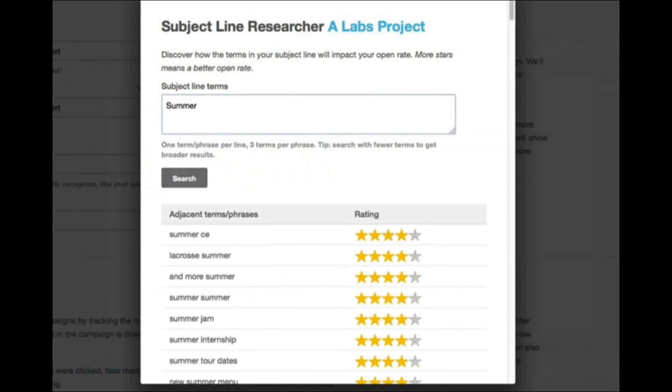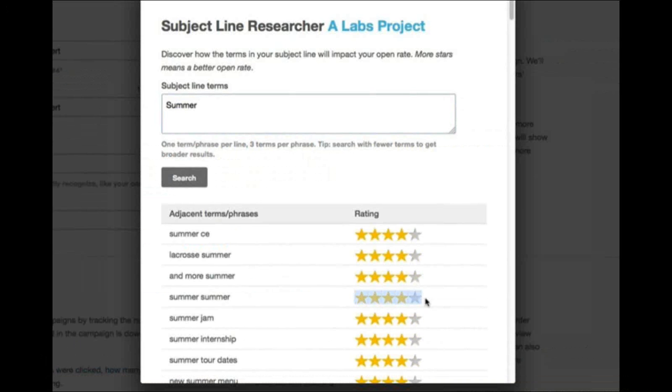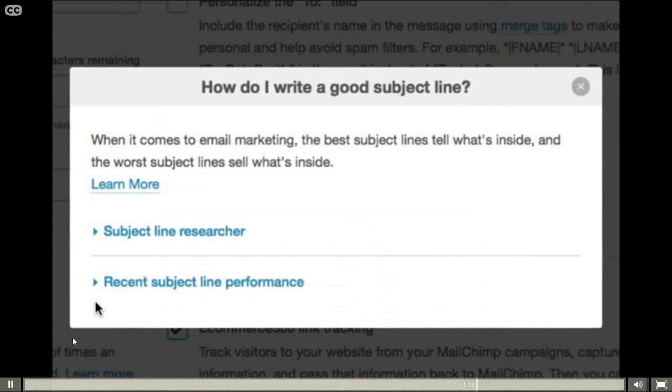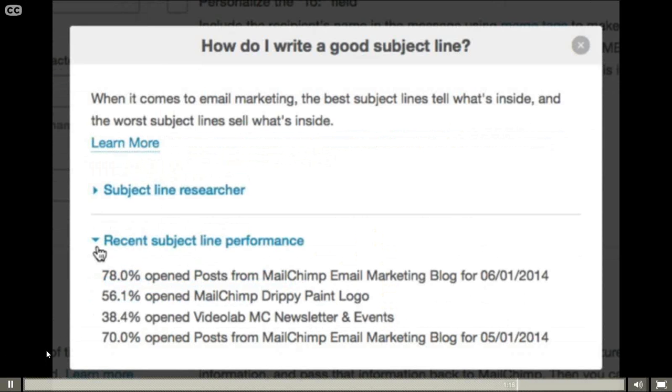This will compare your subject line to all the subject lines ever used in the MailChimp application. Your subject line will be given a star rating, from 1 being the lowest to 5 being the highest, depending on how well it compares to past campaigns. Below that, you will also be able to see how well your recent subject lines have performed. Clicking the Recent Subject Line Performance link will drop down a list of your 4 most recent campaign subject lines